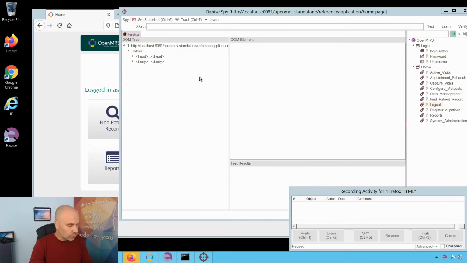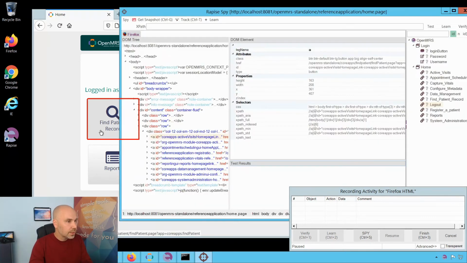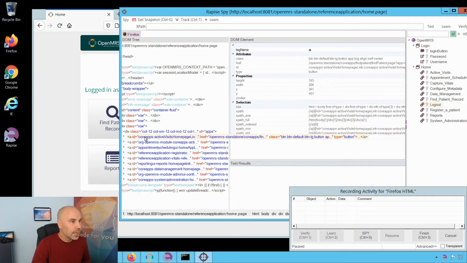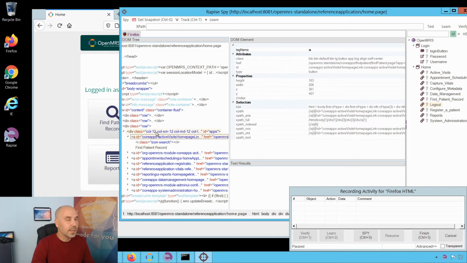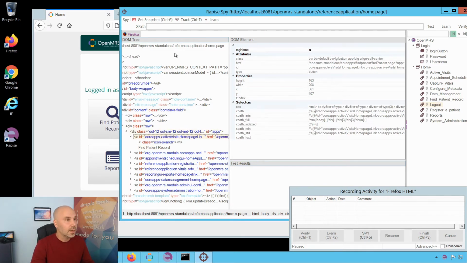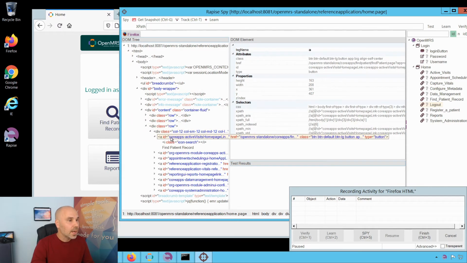So I want to track one of the tiles to see how it looks like in the DOM tree. So every tile, I see that every tile is a link, and inside this link we have an icon and we have a text. So let's build the XPATH that can find the tile using the text that is displayed on this tile. So to do that, I will